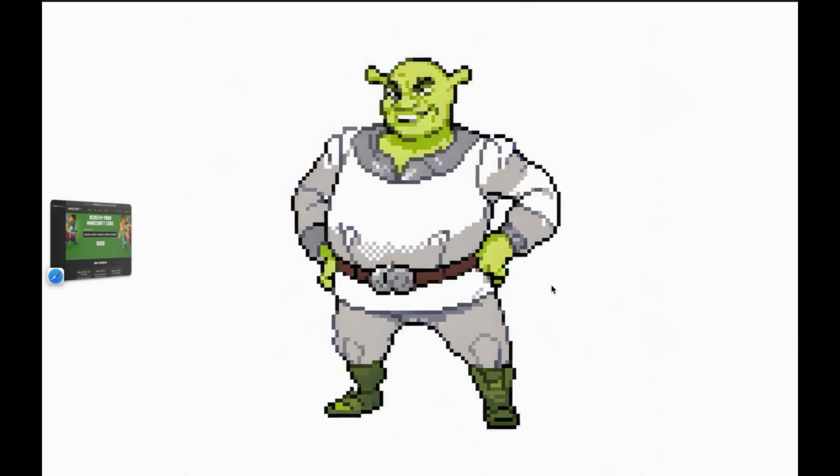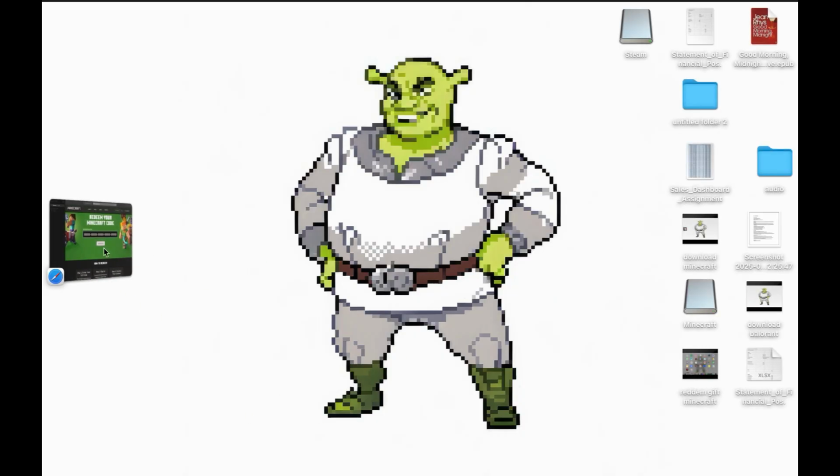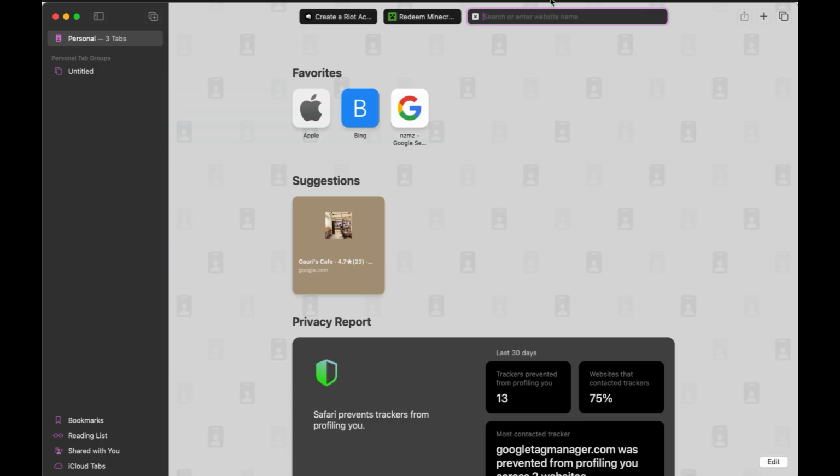What you need to do is find a browser first where you can successfully download Roblox from. It could be Google Chrome, Safari, Firefox, Brave. It's completely up to you. Just choose any one of them. I'm going to be choosing Safari. And once you're here, just open a new tab and now just type in